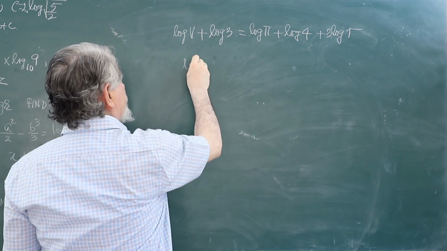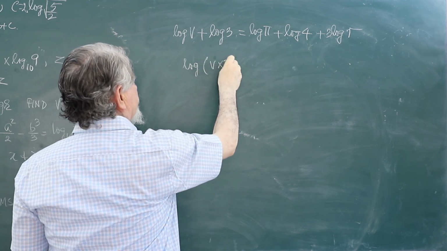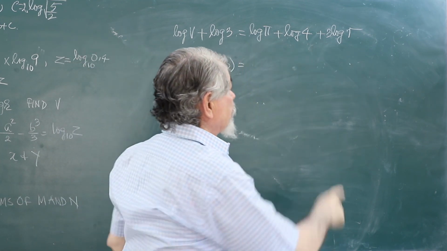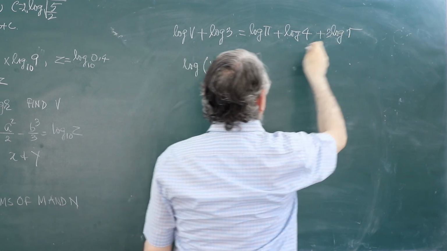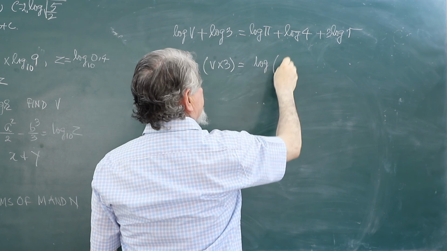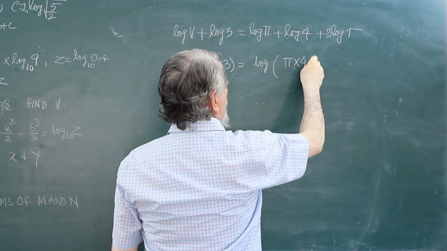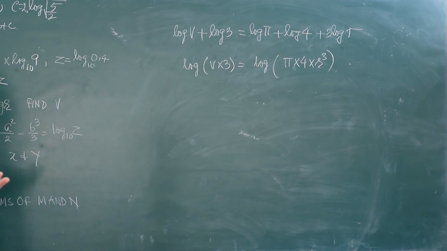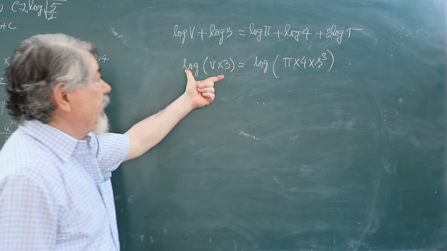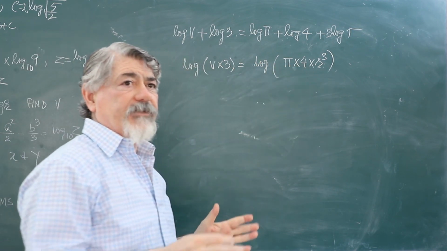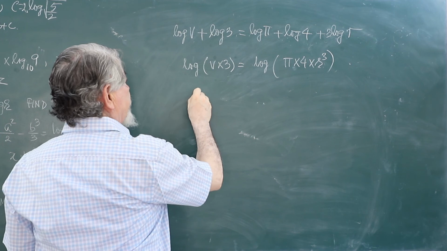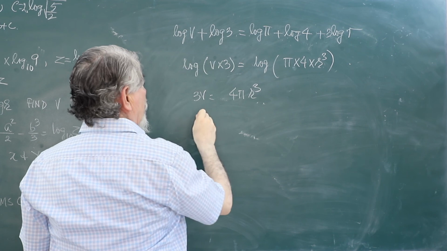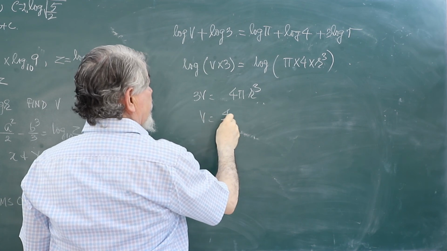Log a into b. So v into 3 will be equal to, again here, log a plus log b plus log c. Actually it is log 3 r to the power 3. So log pi into 4 into r to the power 3, because 3 log r means log r to the power 3. Log a is equal to log b, so both sides we can remove the log. So 3v will be equal to 4 pi r cubed, or v is equal to 4 by 3 pi r